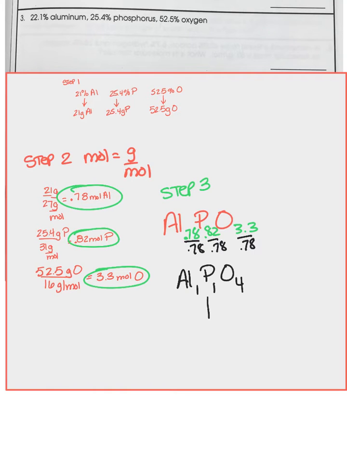Al1P1O4. So our empirical formula reads AlPO4. That's a 4. Okay? Make a smiley face. Feel good about yourself. Okay, for the next couple, this magnesium and this bromine one, I'm just going to do